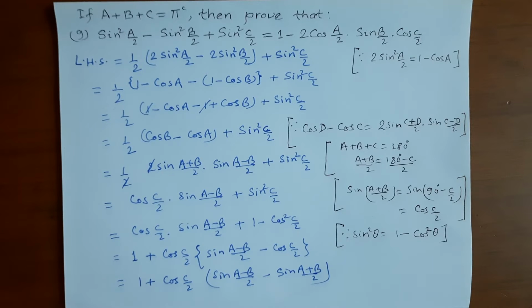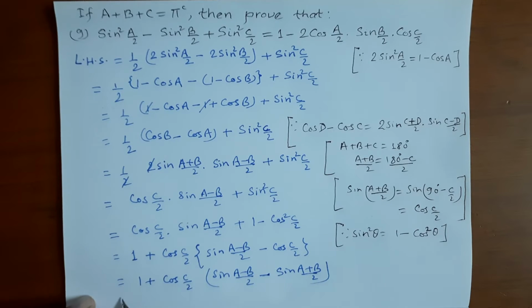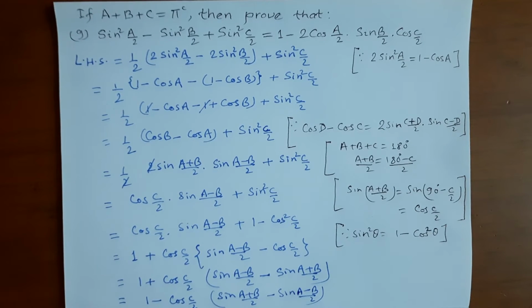And we have a formula for sine a plus b minus sine a minus b. For that we should write this at first and this in the second place. So now from this let us take out the common factor. Then it becomes 1 minus cos(c/2), and this at first, that is sine (a plus b)/2 minus sine (a minus b)/2. From this we have taken out minus common, so this minus and minus will become plus, and this minus times this plus is minus. We can write it this way.